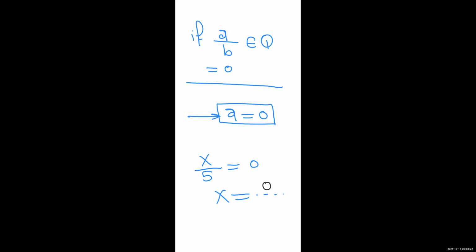Then it's a general rule. If the rational number equals 0, then the numerator is equal 0, the numerator only will equal 0, because the denominator will never equal 0. Okay, guys? So if there is a question like that,